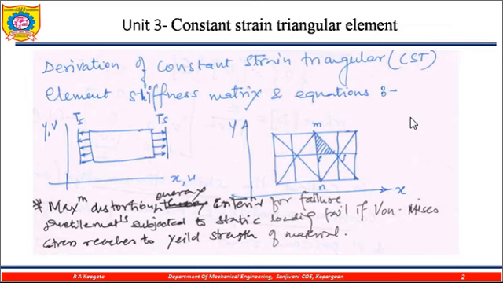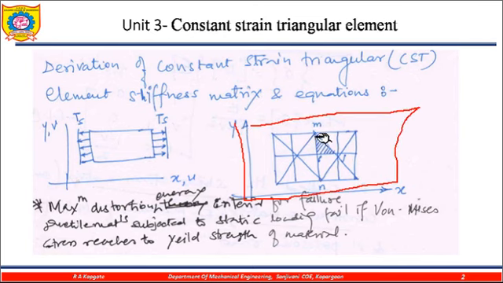I am dividing this into 4 videos because many times examinations ask for details about every step in the formulation or derivation of the constant strain triangle. Now, what is meant by the constant strain triangle, you know very well. If this is my plate, and this plate is divided into triangles, this one is the I, J, M. So this is the constant strain triangle I have selected for the study.